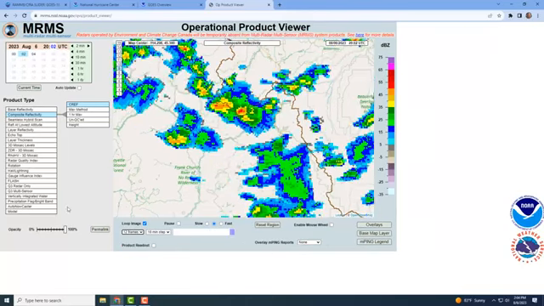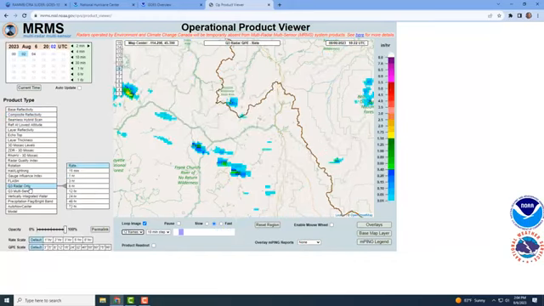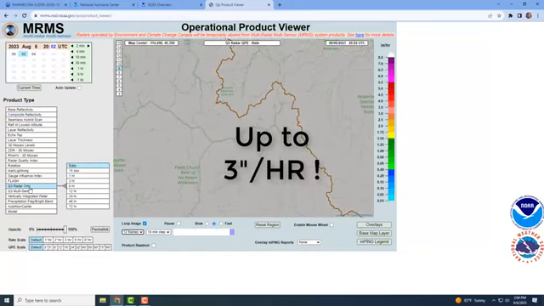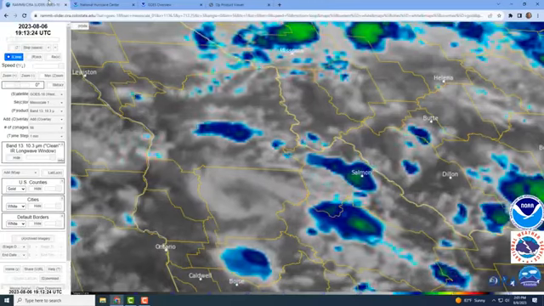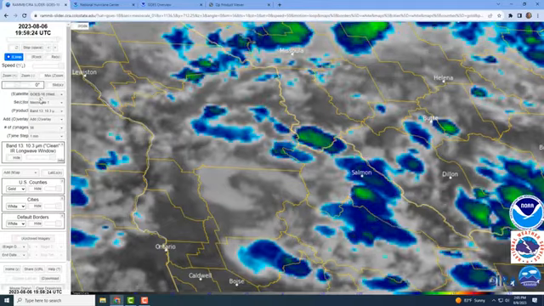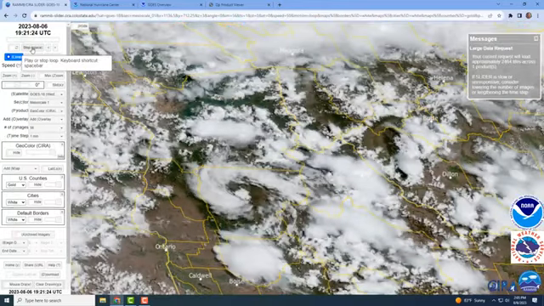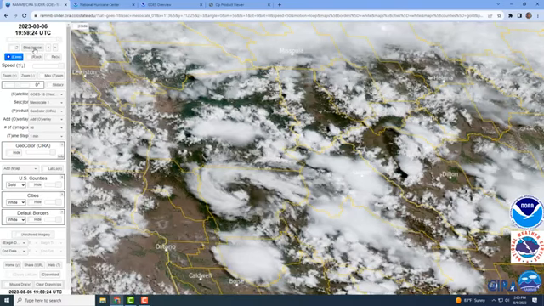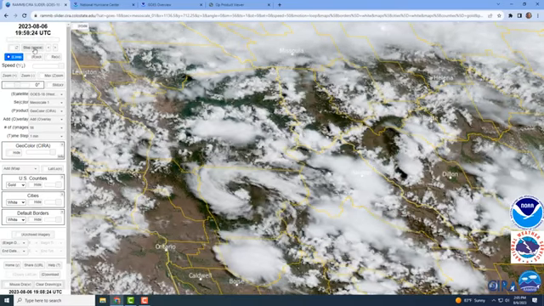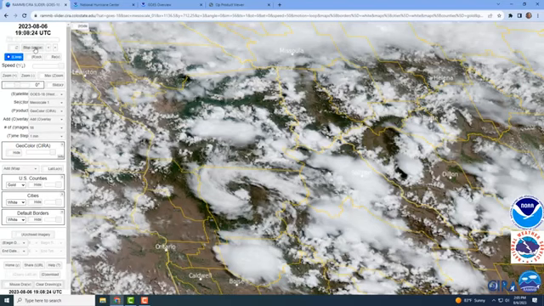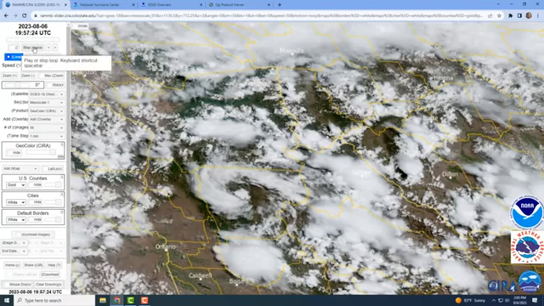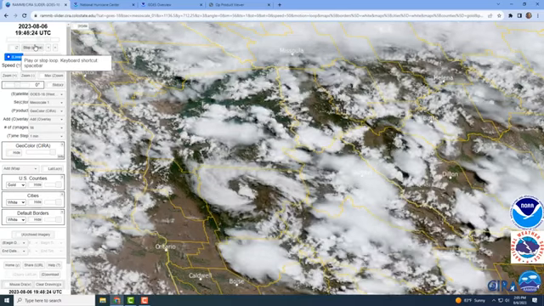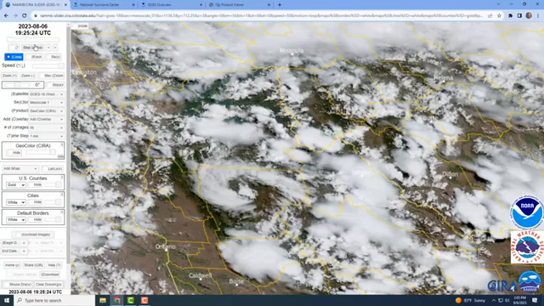So if we look at the rainfall intensities, the rates, these rates are showing 2-inch-per-hour rates right there along the border. So going back, let's go back to the GeoColor. Just wanted to show you an example of what a shortwave looks like, and then also how, as it moves into a region of instability where it's been heating up by the sun, it can be an impetus for severe weather or flooding. And honestly, this shortwave kind of looks like what happened yesterday, August 5th, where we had a